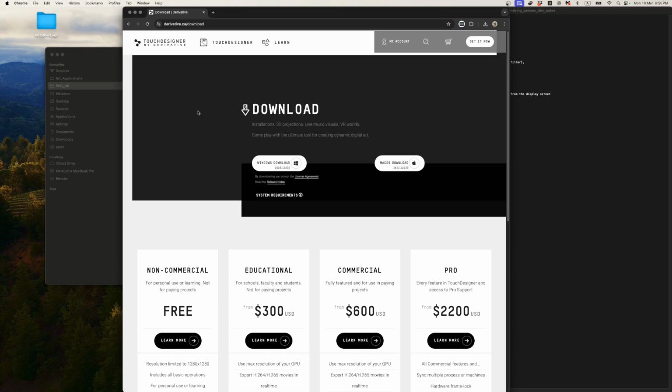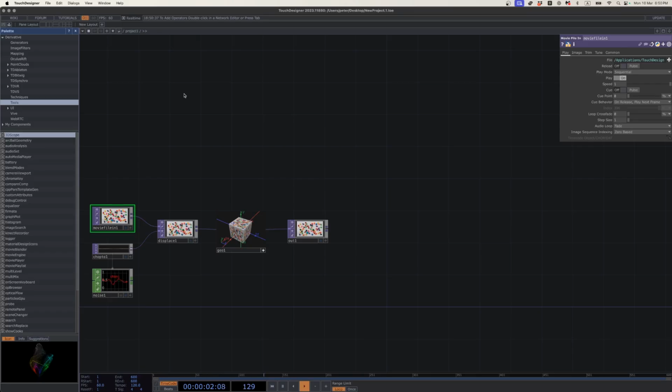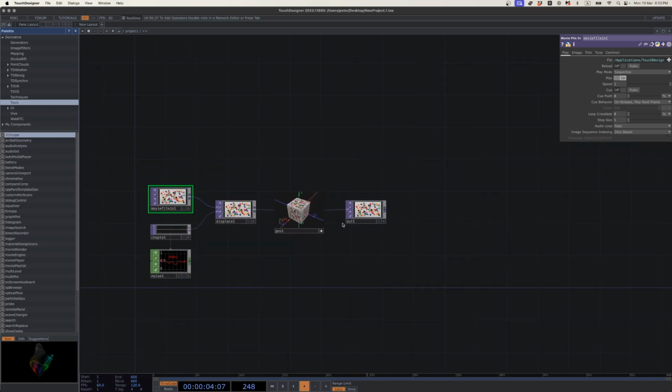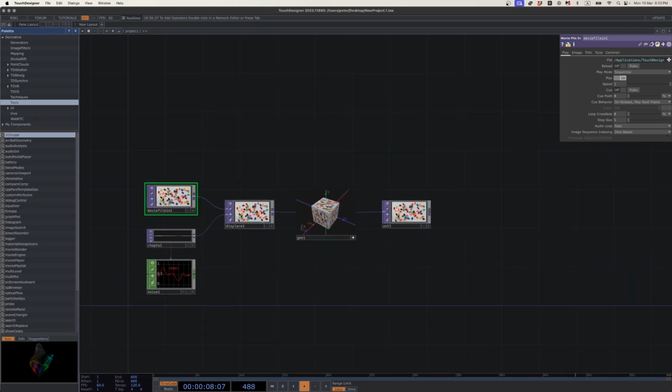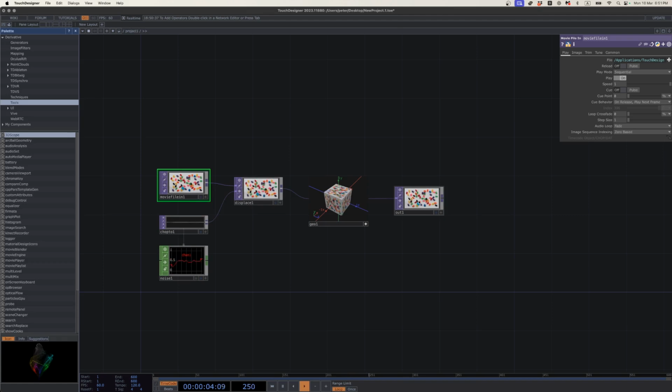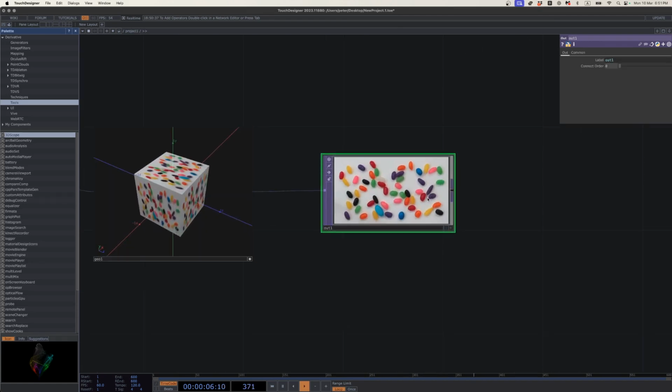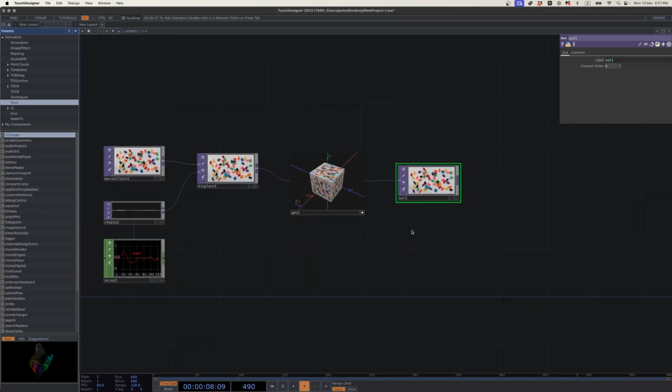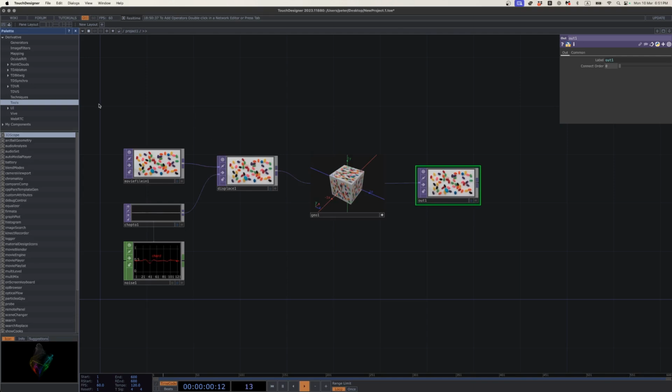And you'll see what Touch Designer looks like when you load it up. Okay, so when you open Touch Designer, you'll get something like this. This is a movie file doing some displacement with noise, making this kind of funky jelly bean wavy output. What we're going to do first, before we do any work here, is we're going to create